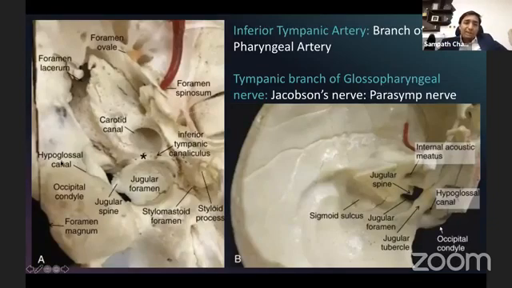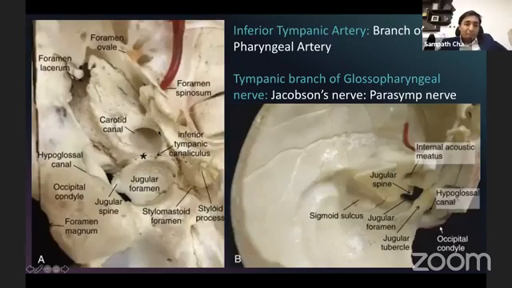Now, look at this picture very, very carefully. So this is again the same picture. You have the jugular spine here. You have the jugular foramen, the dome of the jugular bulb area. This is the occipital condyle itself. The hypoglossal canal is here. Anterior to the jugular bulb is the carotid. We discussed this yesterday. So the petrous bone is here. This is the eustachian tube area, the foramen spinosum, foramen ovale, and the greater wing of sphenoid is here. This is the tympanic bone.